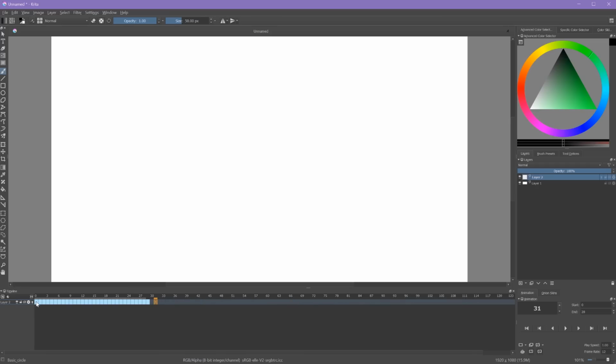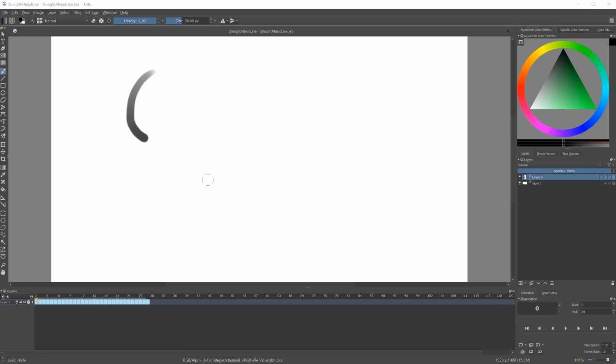You can also color code your animation by right-clicking on a frame and then selecting a color. So I like to use red for my storytelling or extreme poses, and this dark blue for my breakdown drawings. So this can be a useful way to organize your animation. If you want to remove the color, just select the frame, right-click, and click this little X right here, and it'll reset back to the default color.